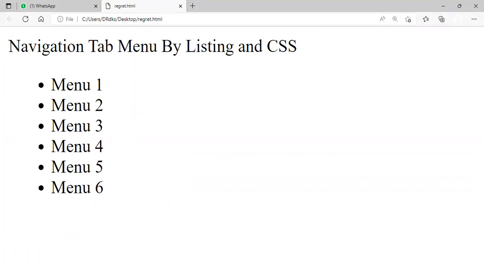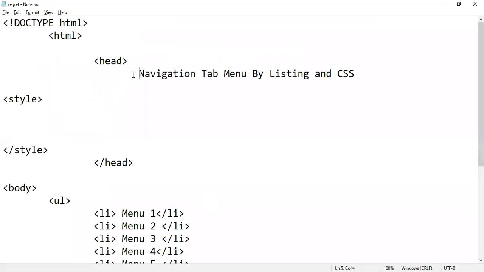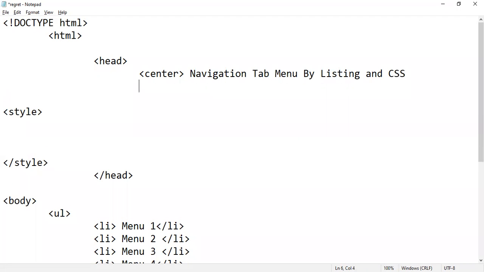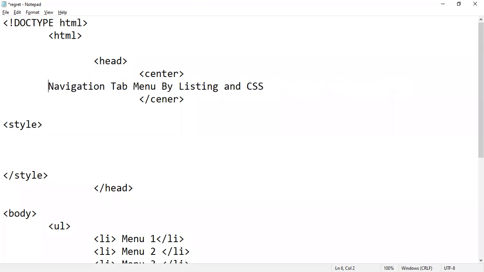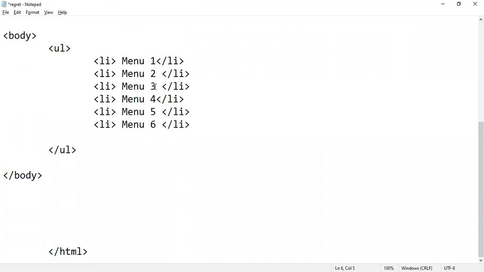So we have to move on to the coding screen again and align the tag to center. Type center here and close it, by again this center tag. Move on here and type the center tag, and then move on here and type again. We want to define the listing within this item, so we have to break here, li,